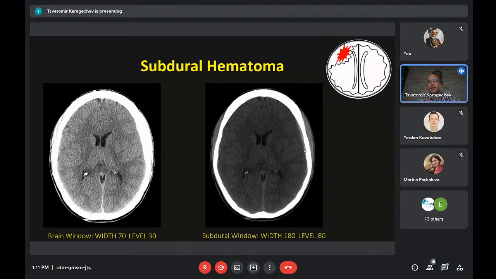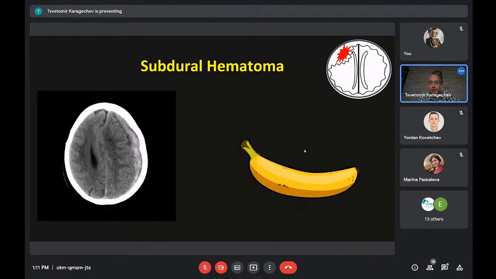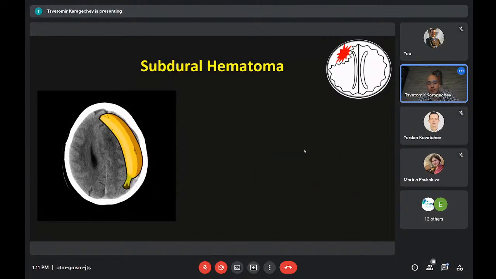So as we have said many times during this talk, as always assess for symmetry and asymmetry, and this can be really subtle sometimes. But the main point, don't forget the other windows. And because I don't want you to forget how a subdural hematoma looks like, again, they often compare it with lemons and bananas. Radiologists are crazy about comparing their findings with other things. And I think this is really easy. Subdural, sub B for banana.